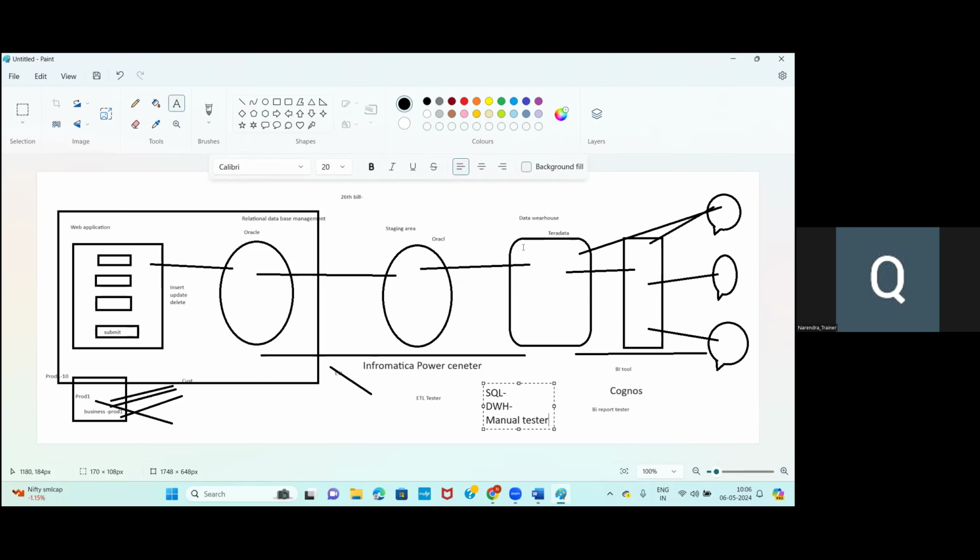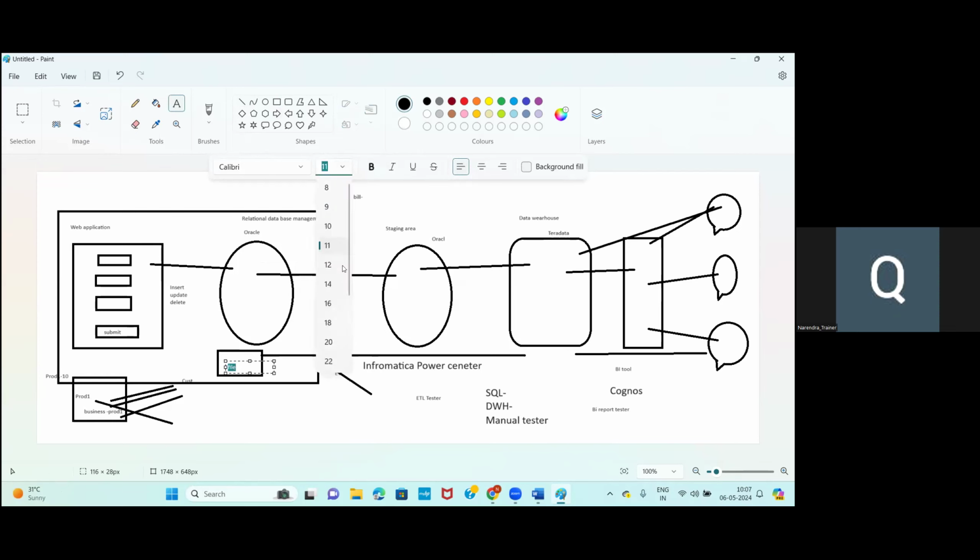Okay, test case writing, test scenario writing, what is the defect life cycle, what are the types of models available in testing. These are all we are going to learn. And also, from the application, data will be loaded into some Oracle database. In some applications, we will get the data in file format. We'll get it in file format. These files are going to be stored in the